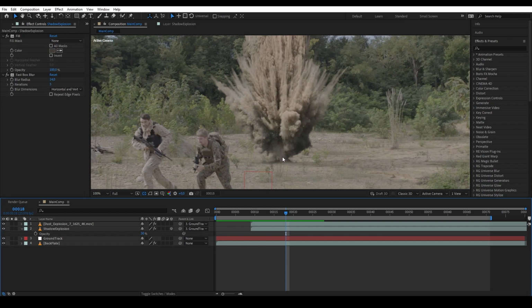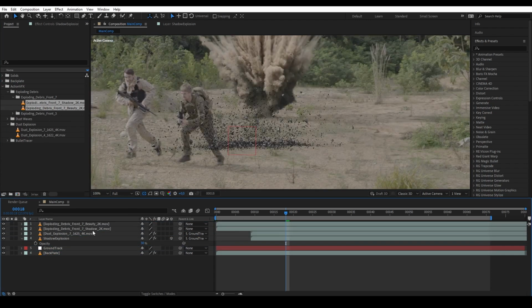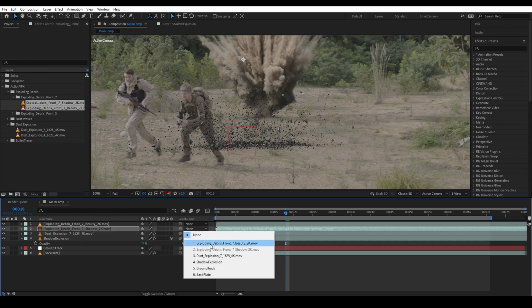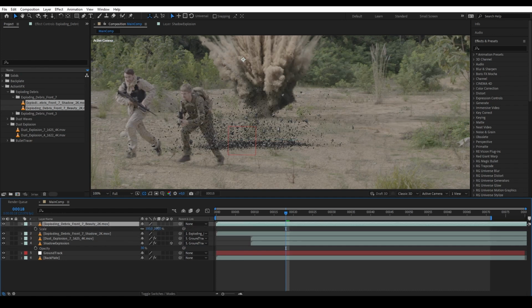So next what we're going to do is to add another element, which is explosion debris, to simulate some chunks of the ground flying around. So let's add that. Let's get explosion debris from 7, and I'm going to get the beauty and the shadow pass. Okay, and then make sure the shadow is below the beauty, and then we want to parent the shadow into the beauty, and then scale it down,